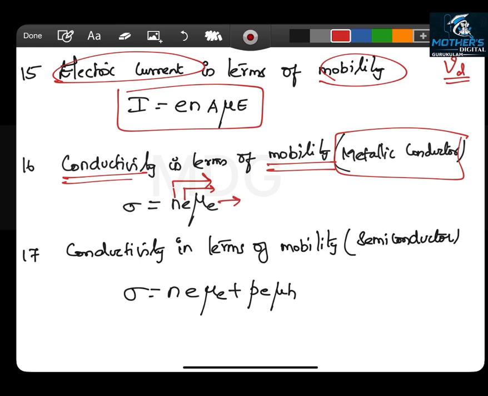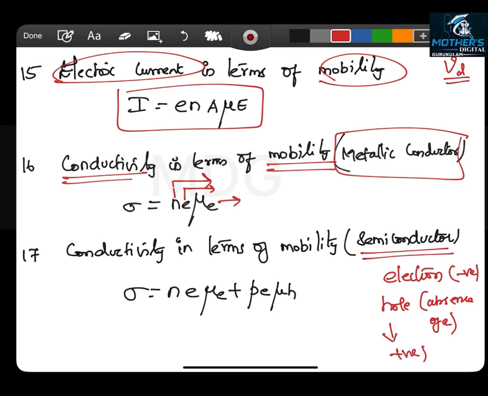In chapter 14, you will discuss semiconductors in detail. But right now, we'll discuss only the formulas based on semiconductors. In case of a semiconductor, both electron and hole. Hole is nothing but the absence of an electron. A vacancy will be created in place of the absence of an electron; electron will be represented as negative, hole will be represented as positive. In case of a semiconductor, both electron and hole play an important role. Both will behave like charge carriers.